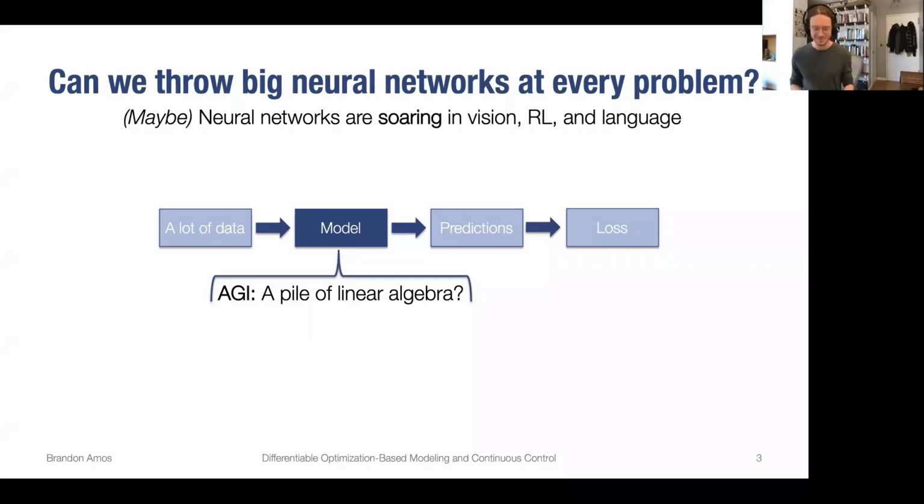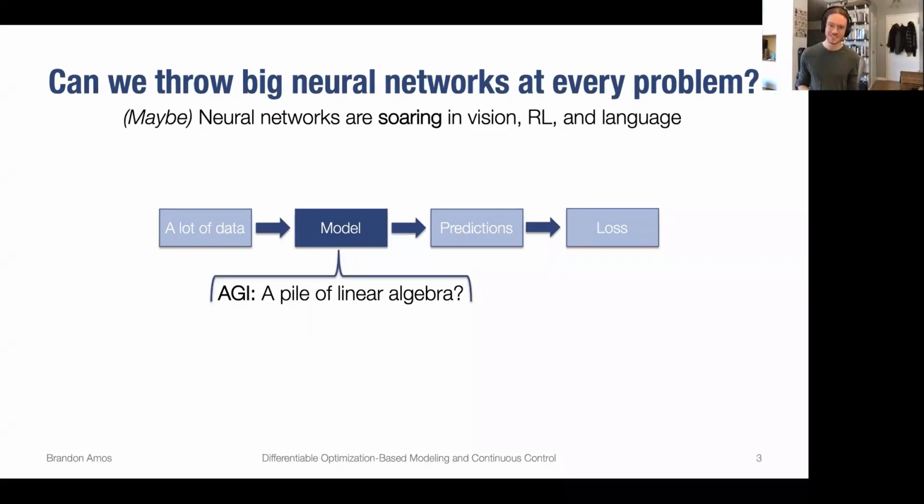And this paradigm seems to work really well when we have a lot of data and when the setup matches the kind of magic that deep learning has. So maybe in settings where we have a lot of data and where we know the right pieces of modeling tools to throw at it, and we don't necessarily care about interpretability or some kind of out of distribution generalization, then maybe it's okay to just throw a big neural network at your problems.